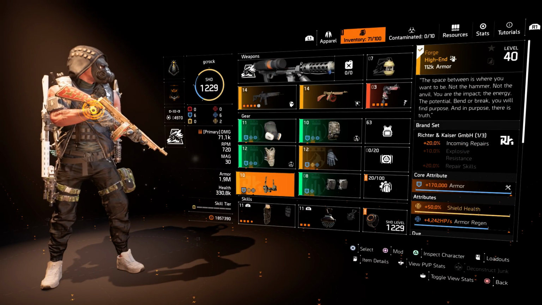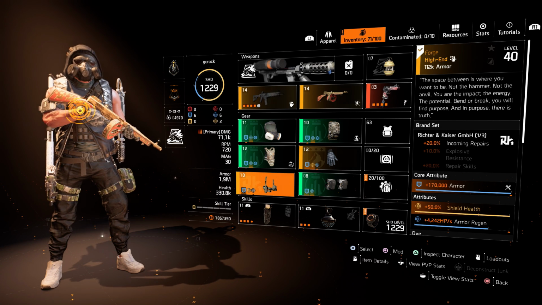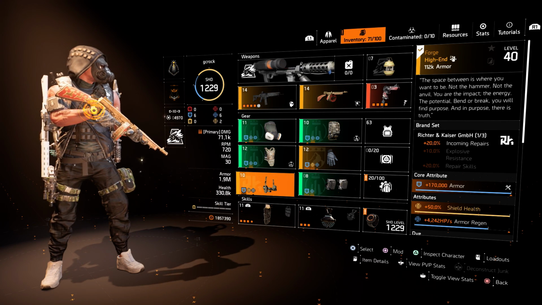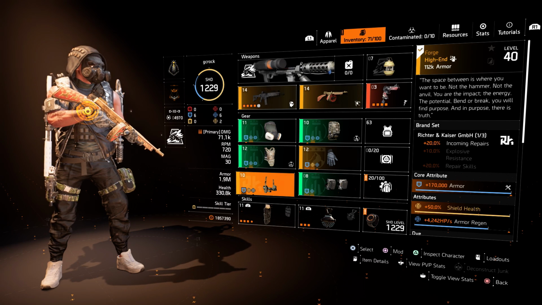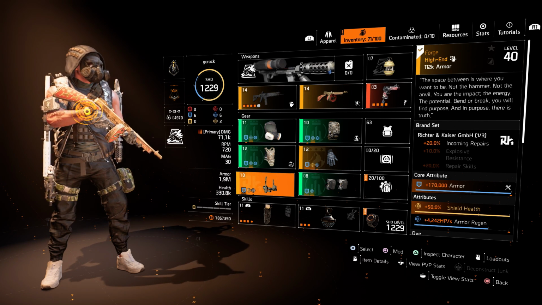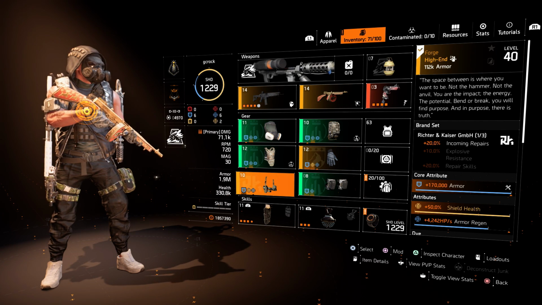And then the last piece is a Richter named Forge holster. Unless you have a healer in your squad, the incoming repairs will be wasted, unless it does work with your own incoming repairs that you are doing, but I'm not quite sure on that. But again, we're using this piece for an attribute, and that is the 50% shield health. You'll again need to roll armor onto this, so we'll want to try and find one that already comes with